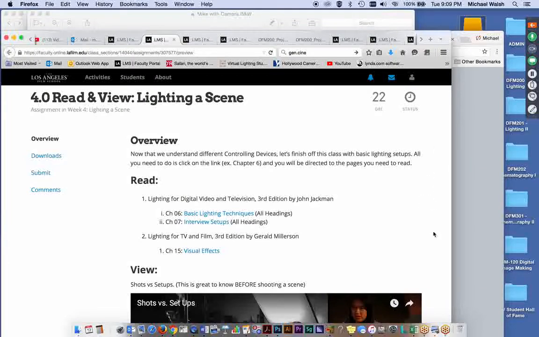It's the kind of lighting that the folks are using anytime you see somebody reporting from, say, Washington, D.C., the White House, places of importance like that. Or when you see documentaries and you see the black limbo interview of the man who saw the UFO or the fighter pilot who fought in Vietnam, or any number of topics and concerns that you might find in documentaries. The three-point lighting setup or the interview setup is the standard protocol there, and then you'll see some variations on that. So check out chapter 6 and 7 out of the John Jackman book, Lighting for Digital Film and Television,